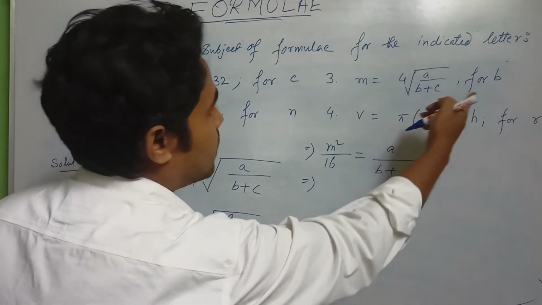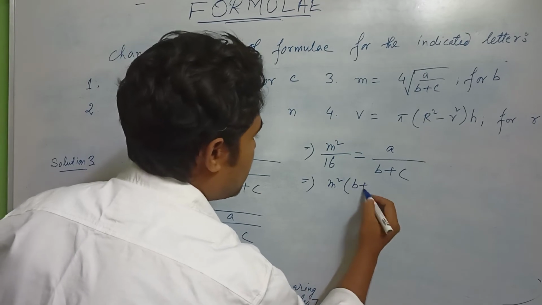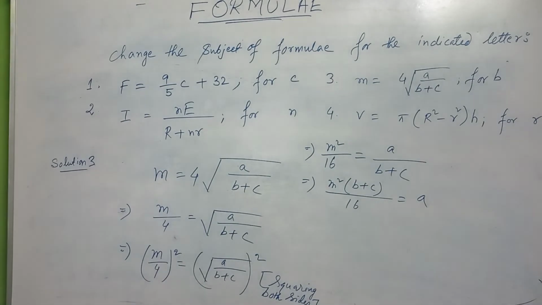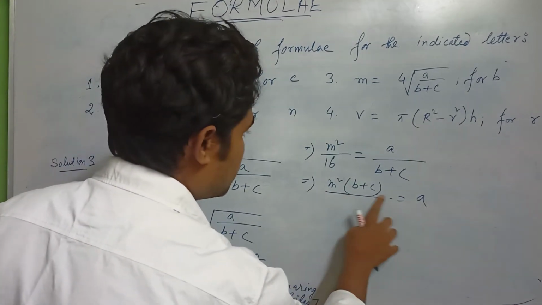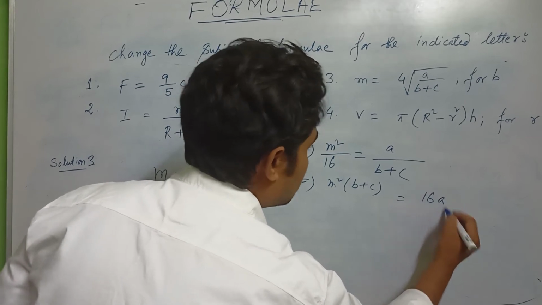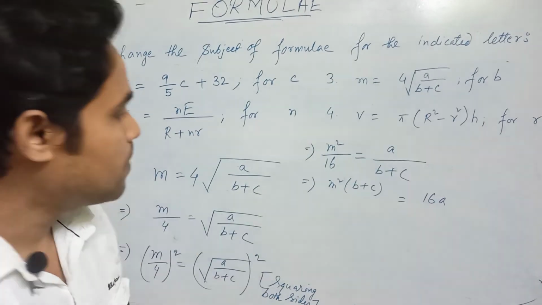So here we need to find out b. So m square into b plus c by 16 equal to a. Cross multiplication. You do one thing, 16a. This is cross multiplication. M square into b plus c equal to 16a. Okay, implies